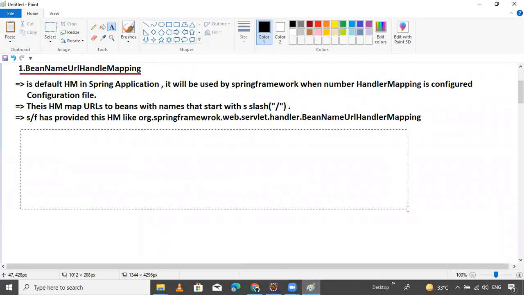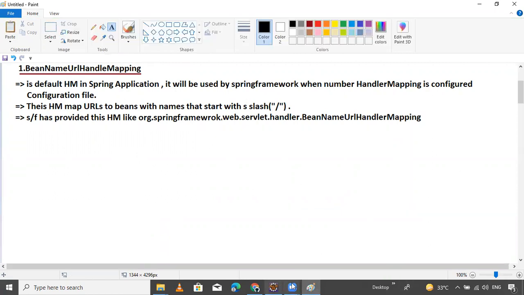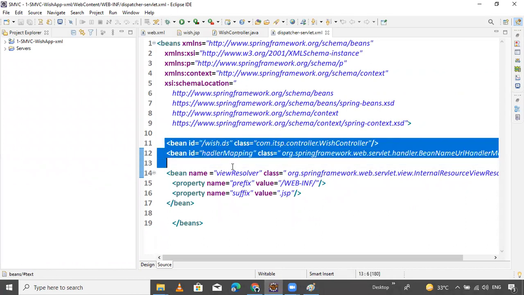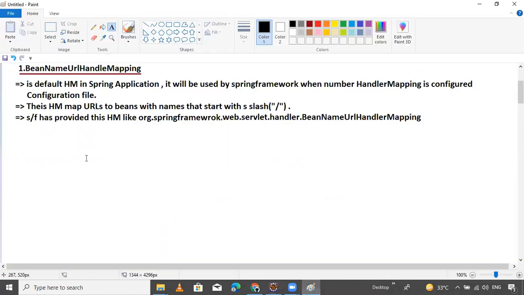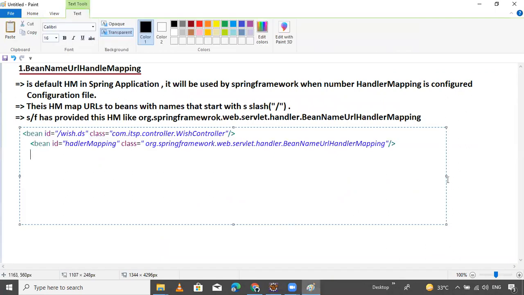So now I'm writing this point, otherwise I'm copying and pasting something.